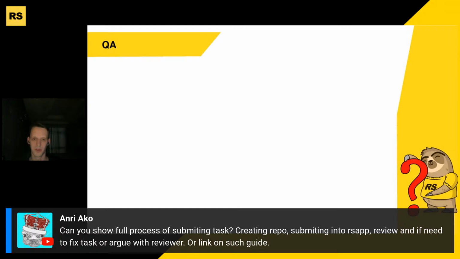Okay, can you show the process of something? Will do, but next week, because I found out that on my current account, I can see something like submit task, just because it's not a user's account, but an administrative account. So I will try to create a user account, and on the next session, I will try to show you how you can